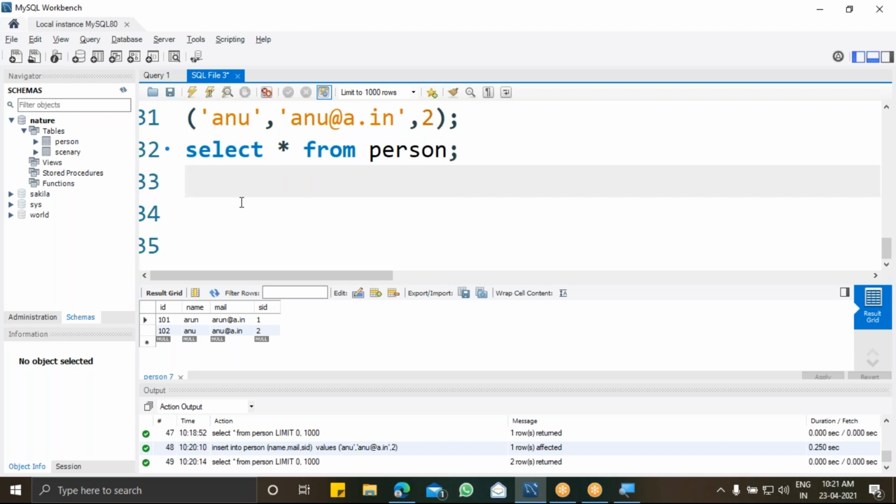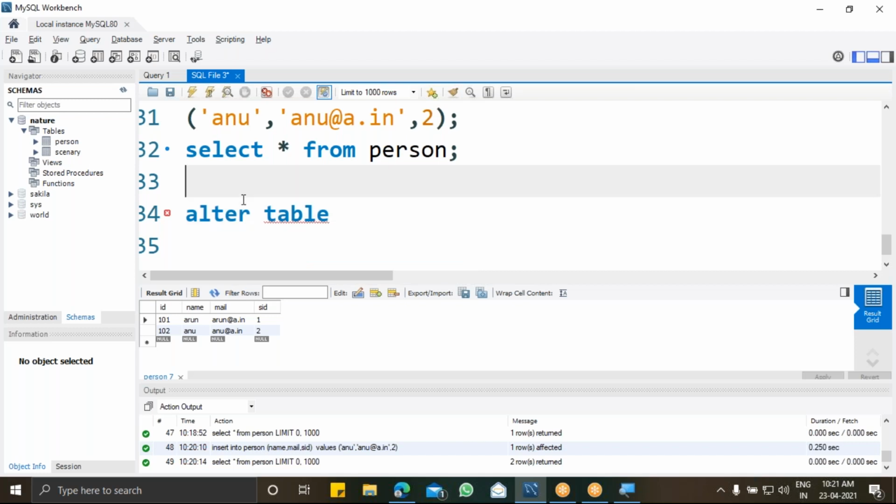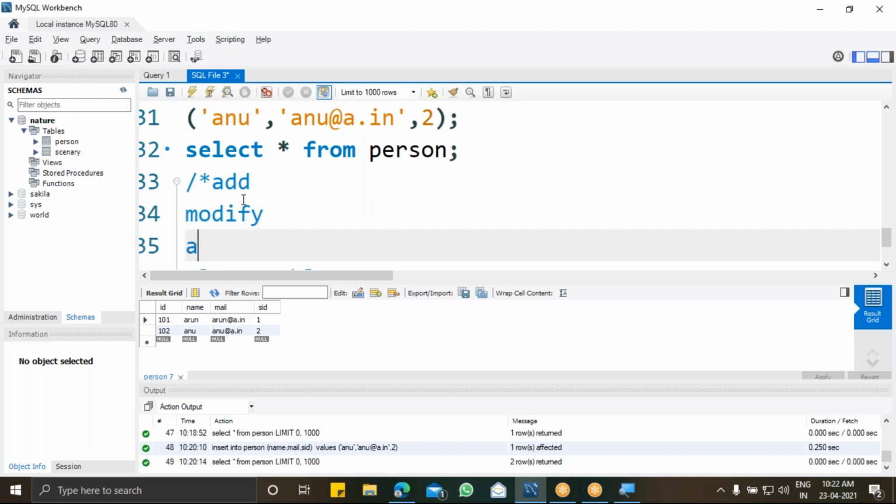So what we can do is, we try to modify some data, or we try to add a column to scenery and person. Okay, so alter table has two to three things: add column, modify column, or add constraints.